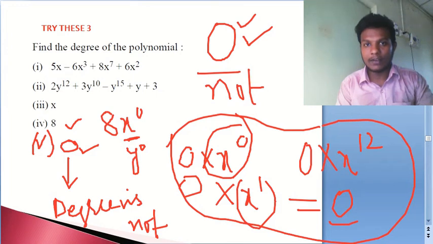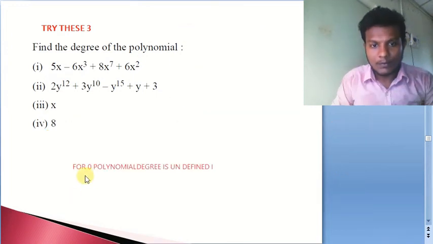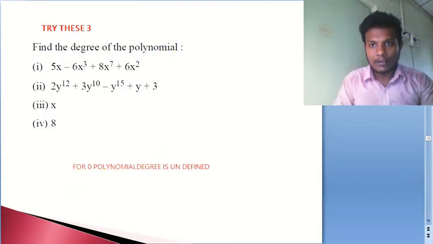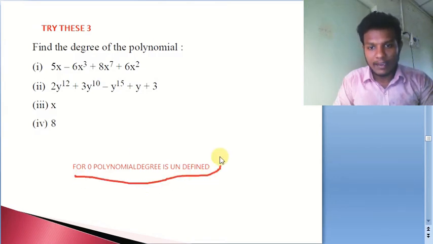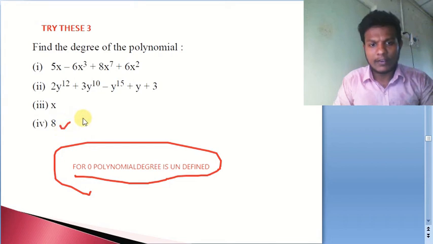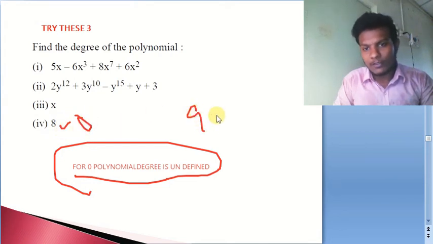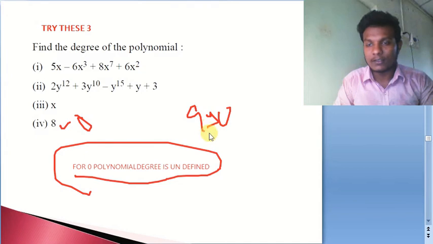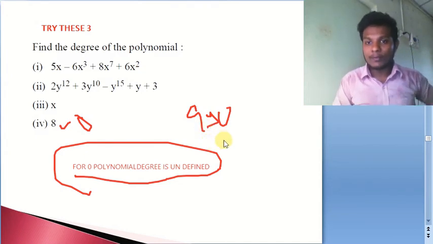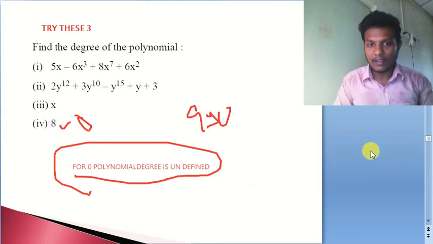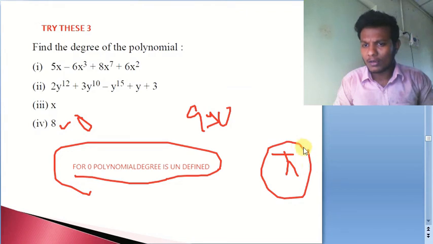So let me simplify it in a few steps here. See, for 0 polynomial, we can see that for any 0 polynomial the degree is undefined. So for 8 it is defined, it is 0. For 9 it will be 0. For any constant you take, the degree of that polynomial is going to be 0. Suppose only a number is there, like if I am giving you pi, is it a polynomial or not? Yes. Why? Because first of all it is also an algebraic expression where you can assume x power 0 or y power 0.